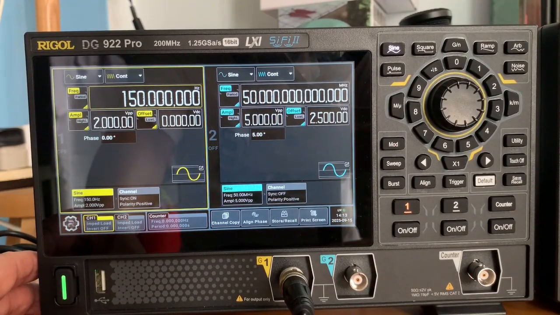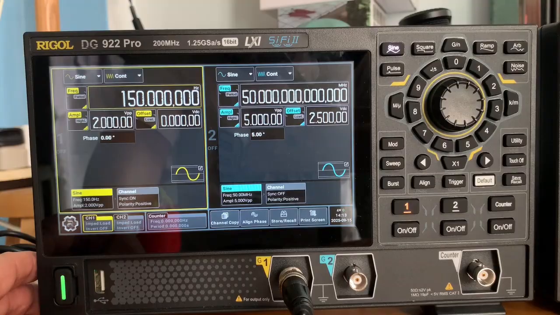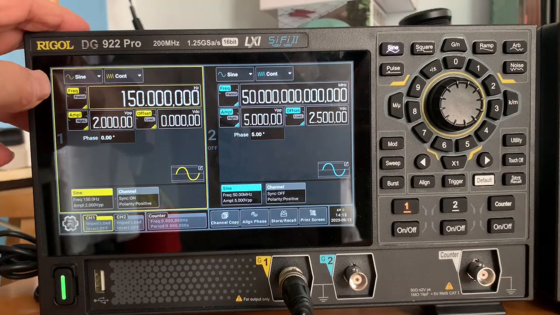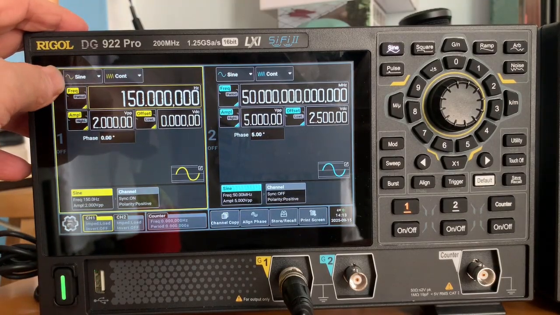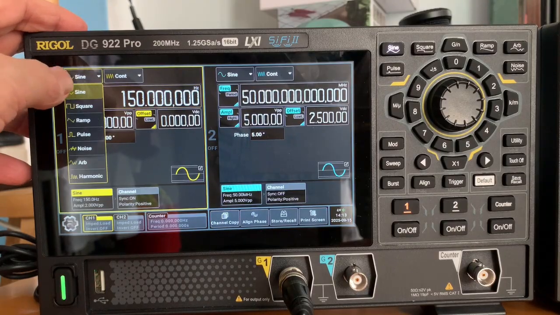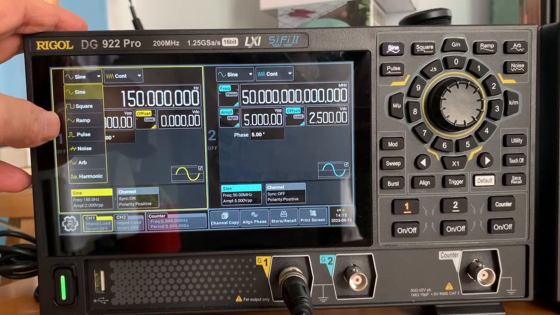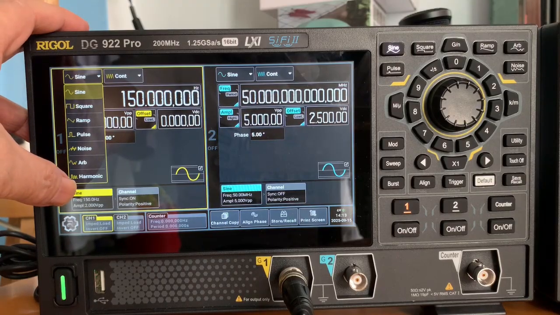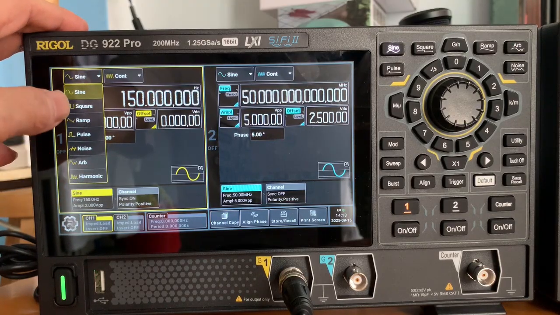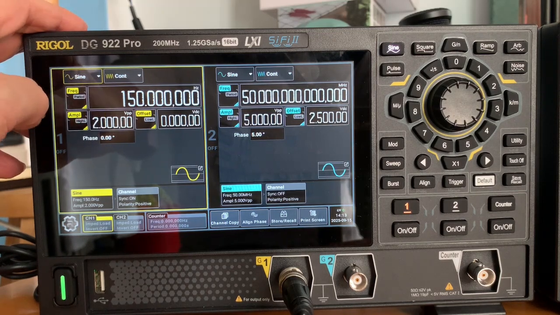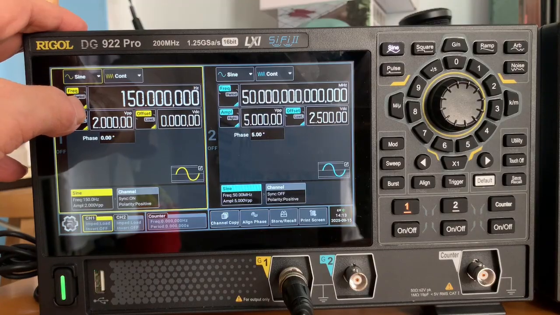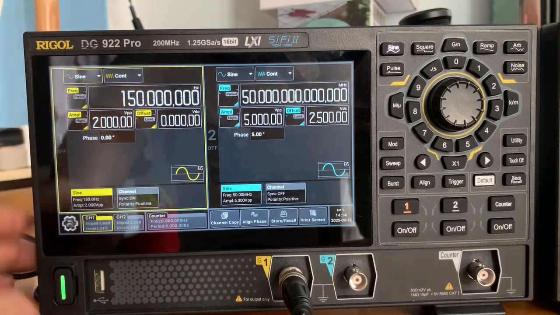Okay, let's start with the function generator. There are many functions here. You can choose, for example, the sine wave here, the square wave, a lot of functions here. So let's start from the basic, simplest one, sine wave. You can also change it from here.